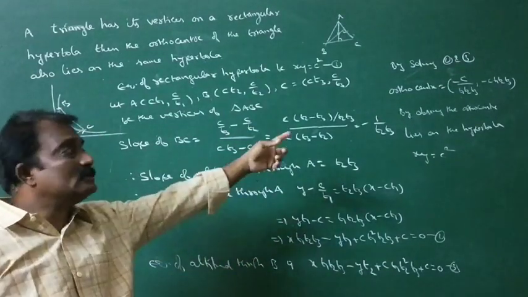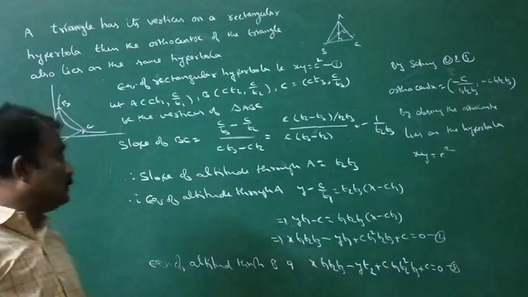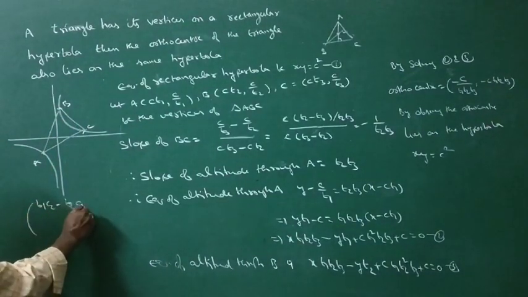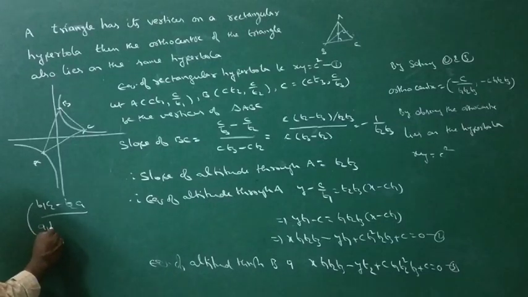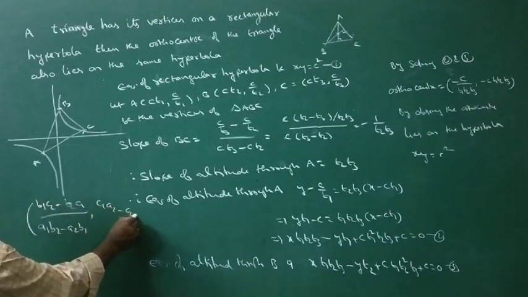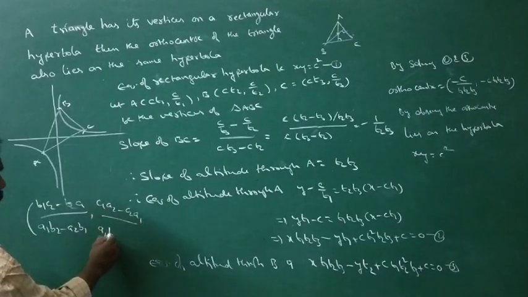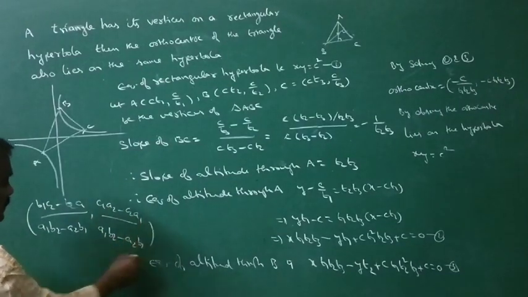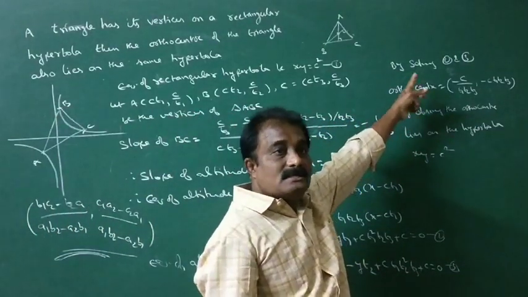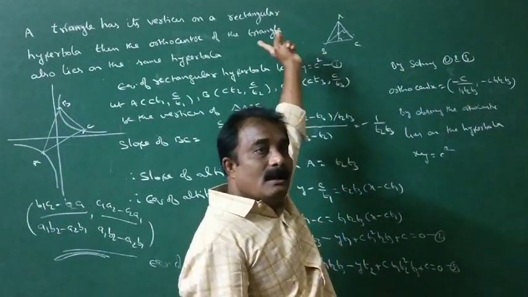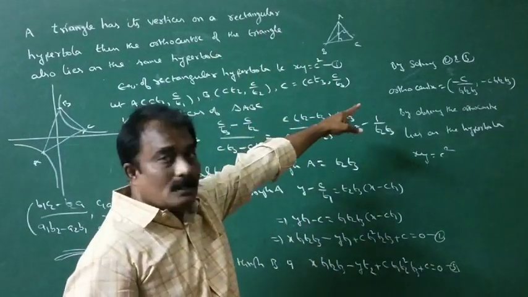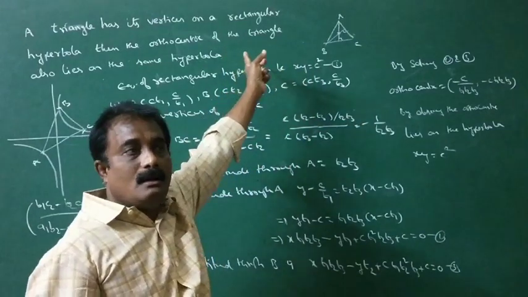Here we use the formula (b1 c2 minus b2 c1) by (a1 b2 minus a2 b1), (c1 a2 minus c2 a1) by (a1 b2 minus a2 b1). By using this formula, we got this orthocenter. By substituting this orthocenter in the hyperbola, that orthocenter lies on the hyperbola. So we will prove